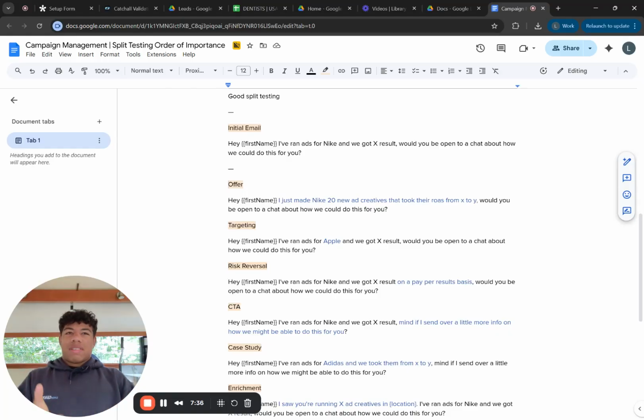And then you almost have to do a calculation: if all the calls are qualified, how many fewer calls would I accept to get that? Because the unqualified calls almost don't even count as calls. So you should be split testing for qualified calls and not just normal calls. If a campaign gets 20 calls, that's not even the metric you should be tracking. It might only be getting 12 qualified calls. And if another campaign gets 15 calls, but all 15 are qualified, then that campaign is better because they're all qualified, right?